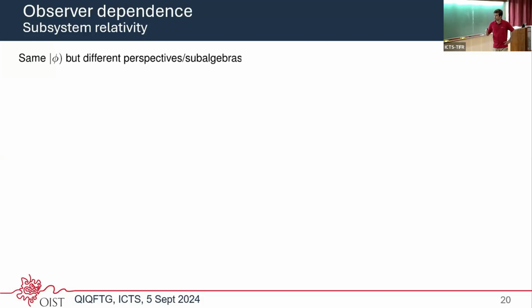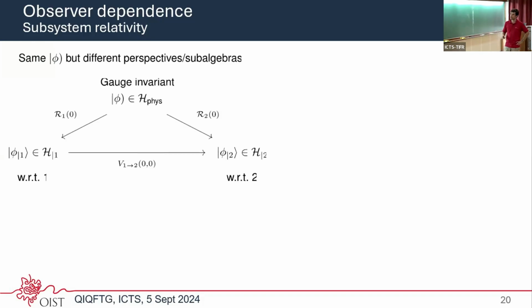And this we give as a reason to conclude that the gravitational entropy for such an observer is also observer dependent. Namely, let us look at some physical states that describe everything in the patch, in our subregion of interest. On the gauge invariant level, we have some physical states, and then we have two observers, so we can reduce to the left, we can reduce to the right. We have a state with respect to observer 1, we have a state with respect to observer 2, and those are connected by a unitary, namely by this VMAP. So every state here in this triangle contains the exact same information.